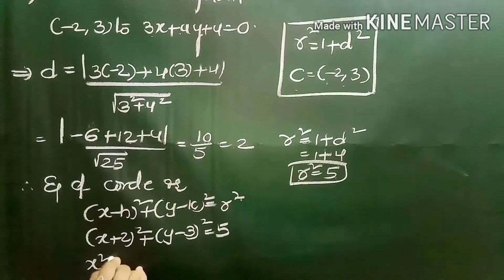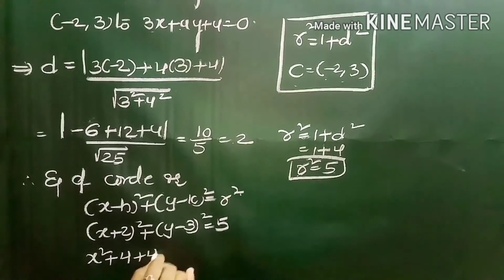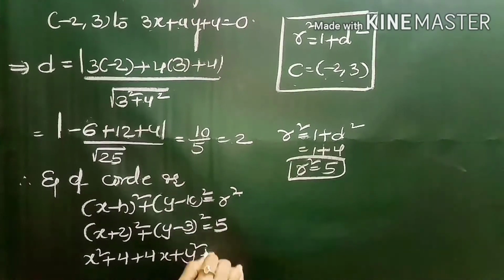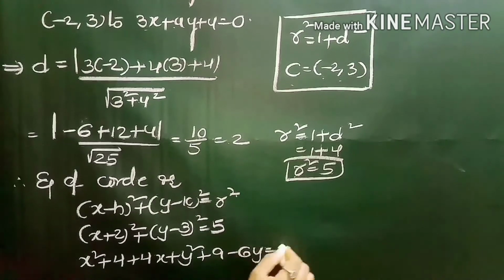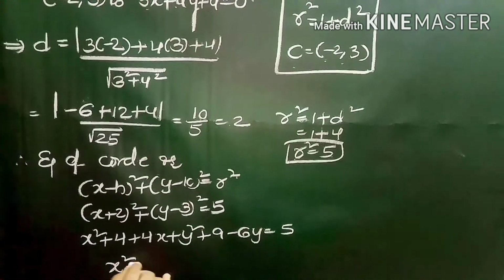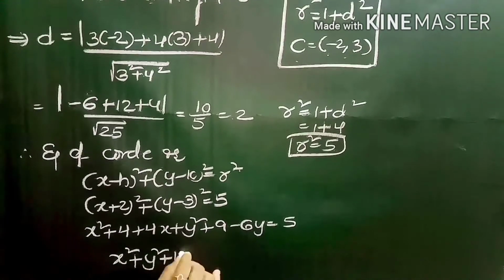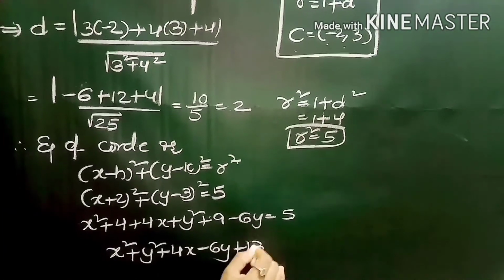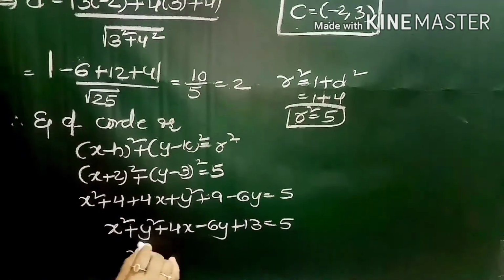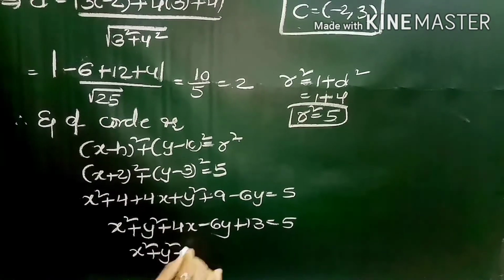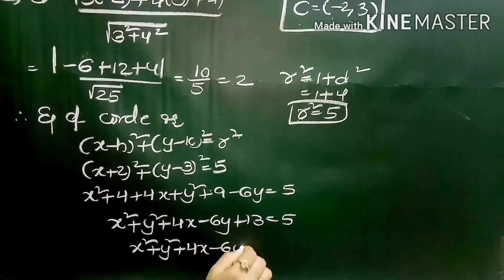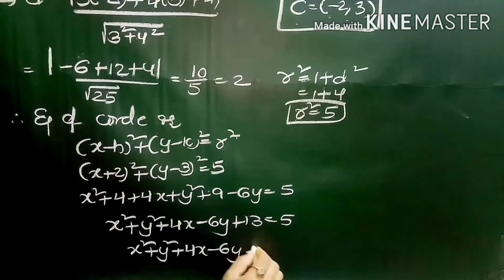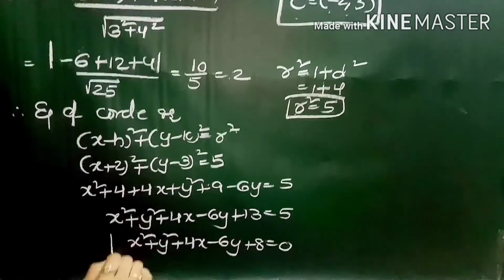Now taking the expansions, x square plus 4 plus 4x plus y square plus 9 minus 6y is equal to 5. That is, x square plus y square plus 4x minus 6y, 9 plus 4 is 13, equals 5. That is, x square plus y square plus 4x minus 6y, 13 minus 5, that is plus 8, is equal to 0, which is the